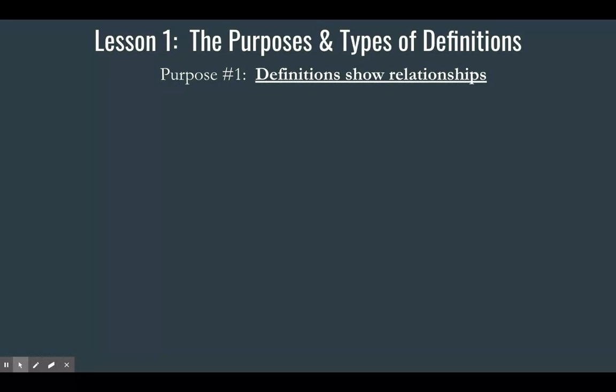Van der Noot, were you going to define stapler for me, or did you have a question? Okay. Yeah, define stapler. All right, so let's look at the first purpose. Here's a free hint for you. If I put something on the screen that's either in all capital letters or underlined and in bold, that's probably important. So do with that information what you will.